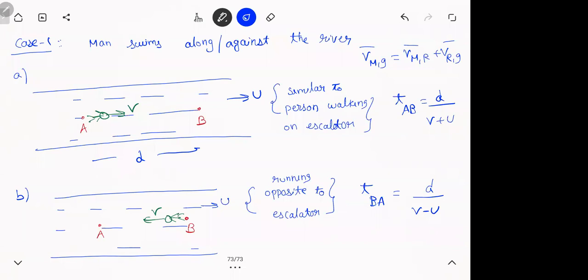That's what it's trying to tell you. So negative time doesn't make sense. What it's telling you is you will never reach A. If V is equal to U, you will stay at the same place, meaning you're putting all your effort just to stay at one place. Put this down, case one. Any doubt on this, please ask me. Any part you didn't understand.